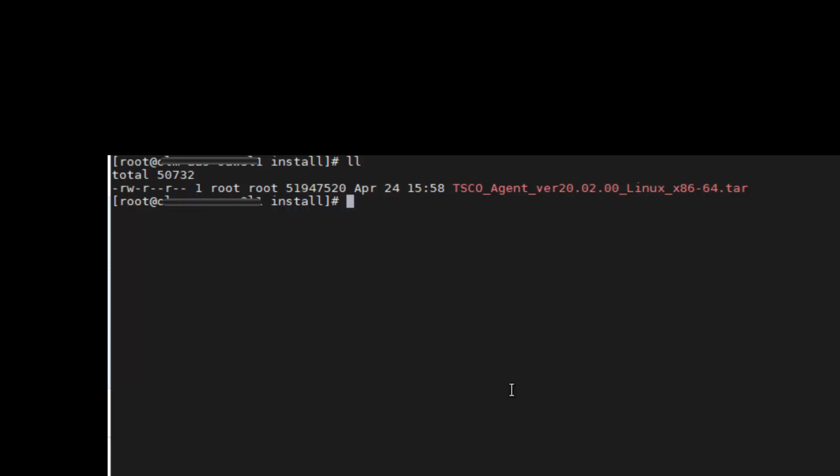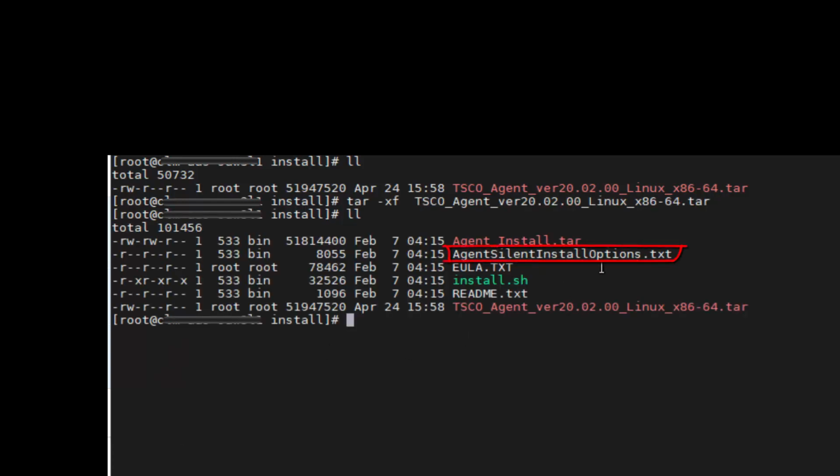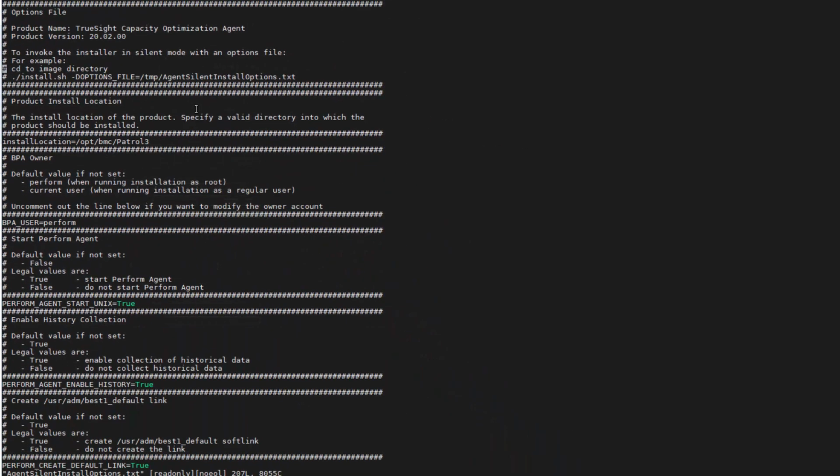I'm going to untar the file right away. And within this file, I'm going to find the agent silent install options.txt file, which is a file that contains the different parameters to use or to install the agent. I'm going to use this BPA user as a perform. I did create the user perform here, and the default install location is going to be the OPT BMC Patrol